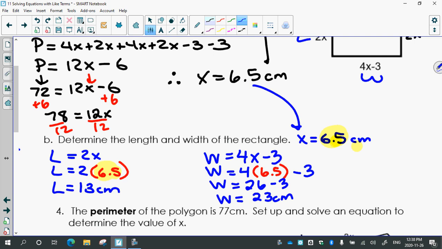We've come full circle. We learned substituting on the first day, Monday, and then today we found the perimeter by collecting like terms, solved an equation, and then used substituting to figure out the length and width of the rectangle. That's a lot of progress we've made in a week. So I'm going to stop there because I think some people are a little bit overwhelmed, and you'll have some tutor time now. So I will hand out the practice. You'll just have some time